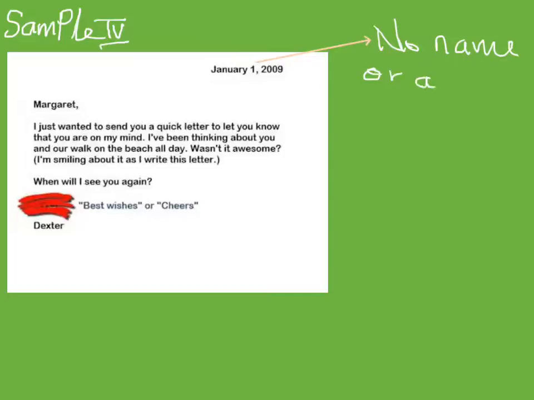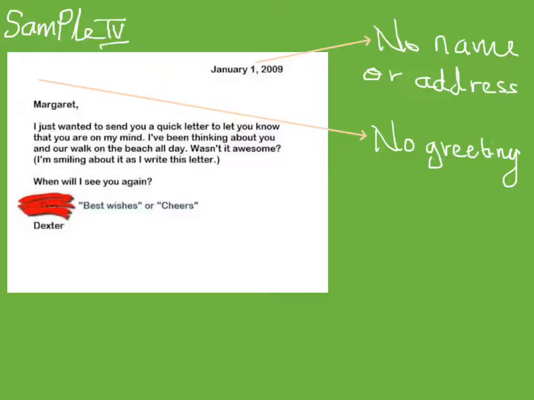We discover that here no name or address has been given, but only the date has been indicated. Also, we discover here that no greetings have been given, and no title of the essay has also been given. And in the letter, we discover that the person writing this letter, Dexter, is writing to Margaret, and he goes on to say, Margaret, I just wanted to send you a quick letter to let you know that you are on my mind. I have been thinking about you,